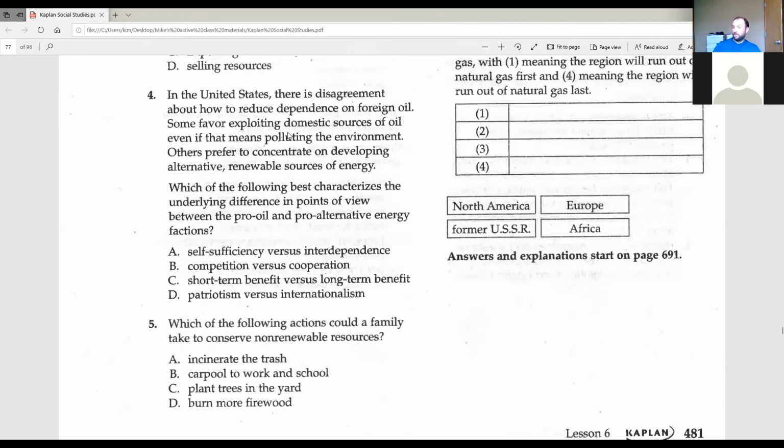Okay, so here's a controversial topic. And this question is definitely written from a certain point of view. Factor that in. Just go with it. You don't need to argue with it. These questions aren't meant to be arguments. They're just meant to be questions that you need to find the right answer to.